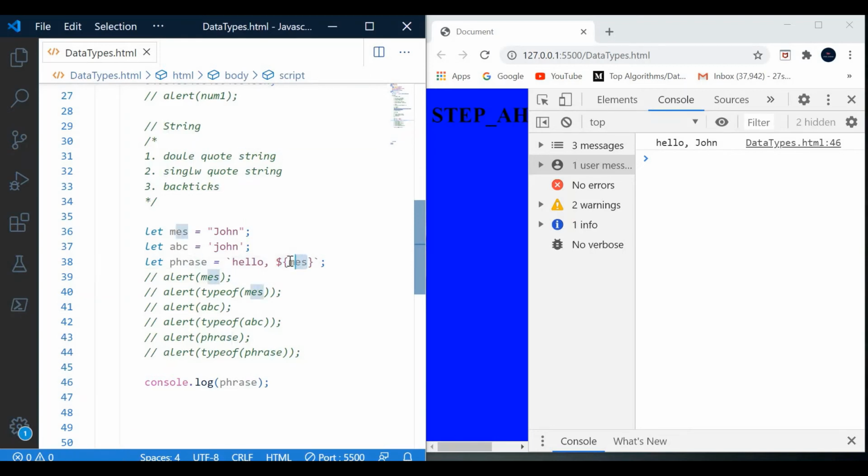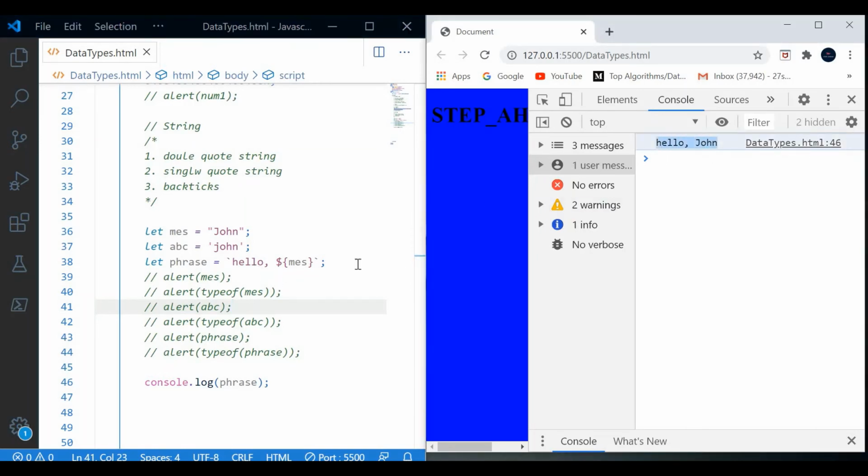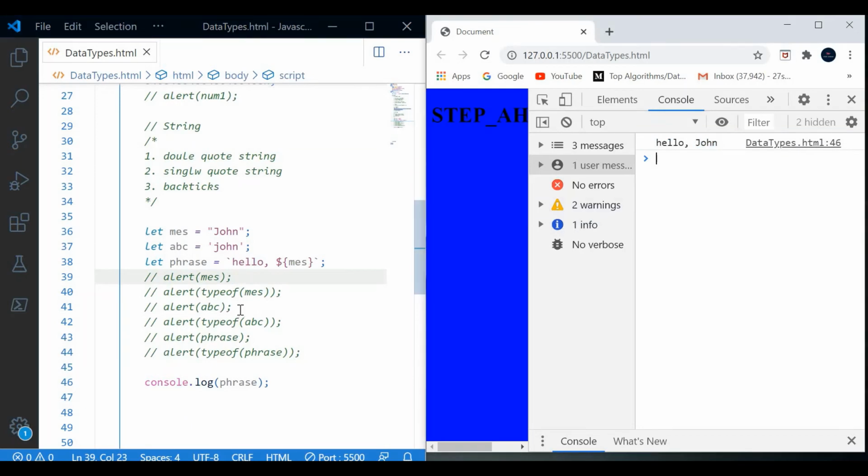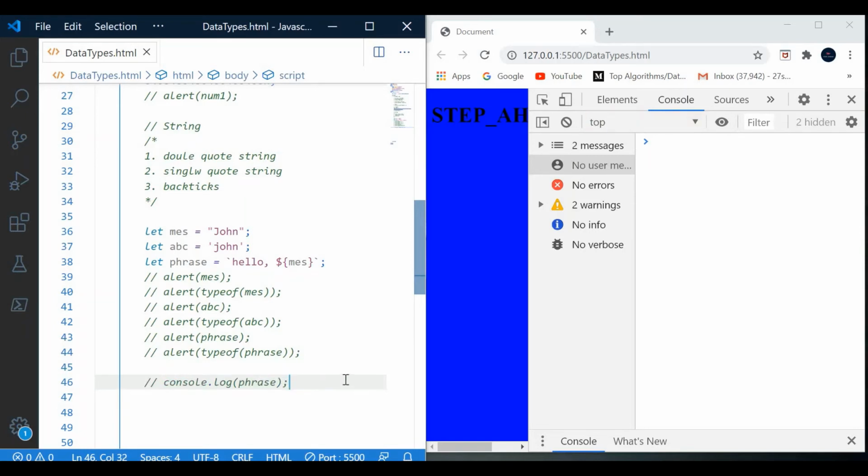In this we can put the other variable, so we will get the combined value, like we are getting this hello also, and we are getting the value of mess also, hello John. So it can be used in many places. It is the combination of both the backticks and other single or double string type. We will comment this again.